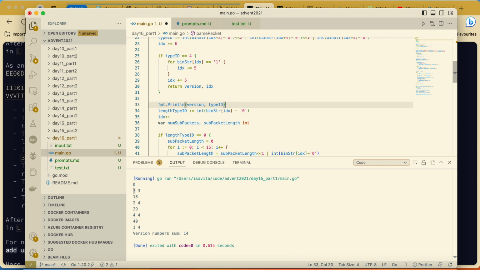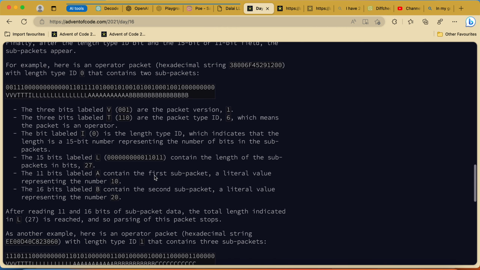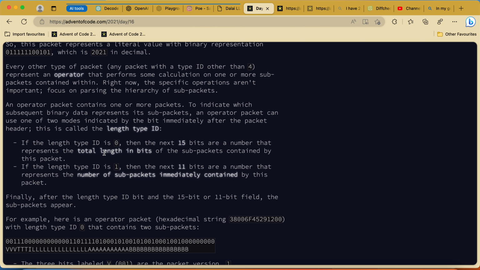To get the length type ID, we first check are we type 4 right here, and if we are type 4,